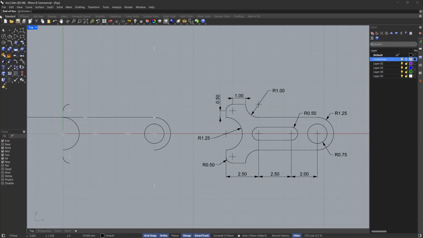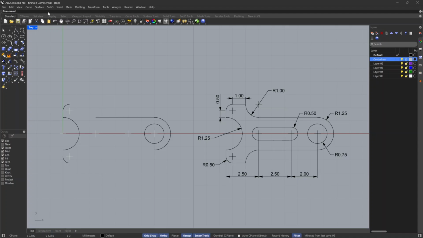For end of line, type R, -4.5, comma 0. Then press enter.